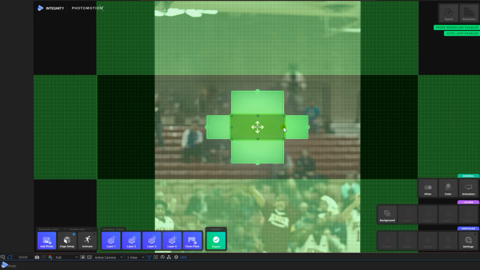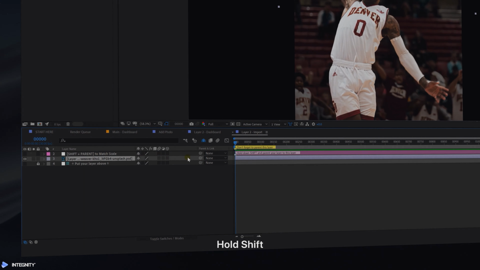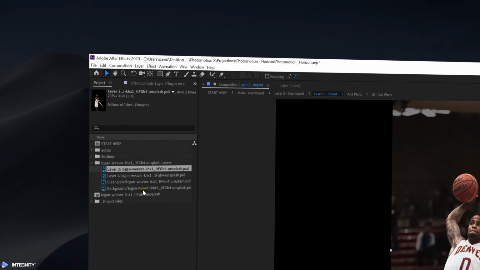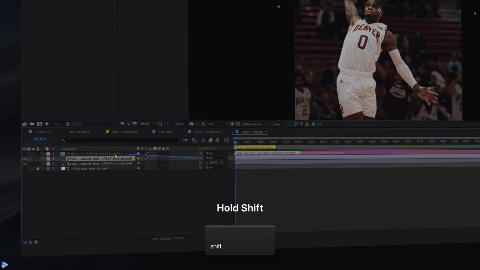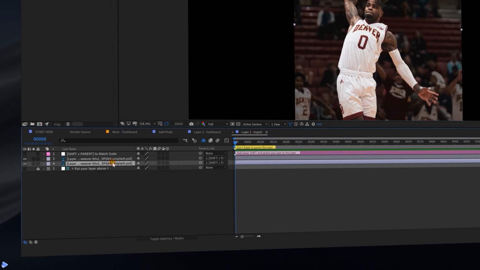Okay, so with all of that said and done, let's get to layer 2 and import our first layer, this guy here, and parent it to the layer above whilst holding Shift, and that will scale it accordingly. We can also do the same here with the hoop: bring it into the project and then scale it just by parenting it to the top layer whilst holding Shift, which will copy these attributes that we gave to the background just earlier. So even though we've done that, we're still not limited in terms of moving these layers independently within the project.